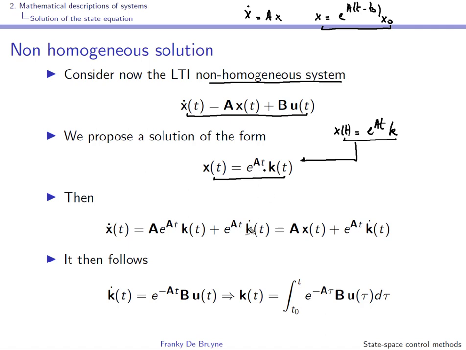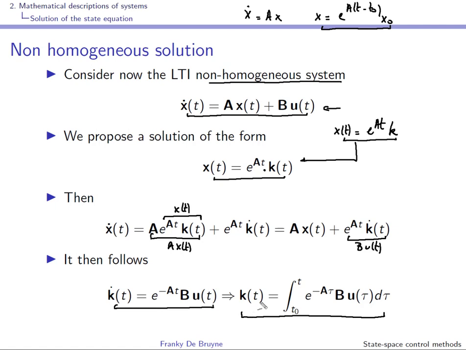So this is k dot. Remember that this is x of t. So this is A x of t, and the term that you've got over here. And therefore the second term must be Bu of t. Okay, so this allows us to compute the derivative of k,